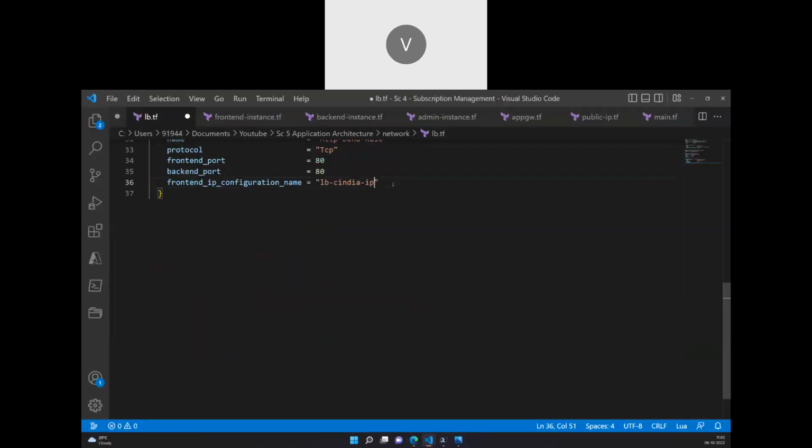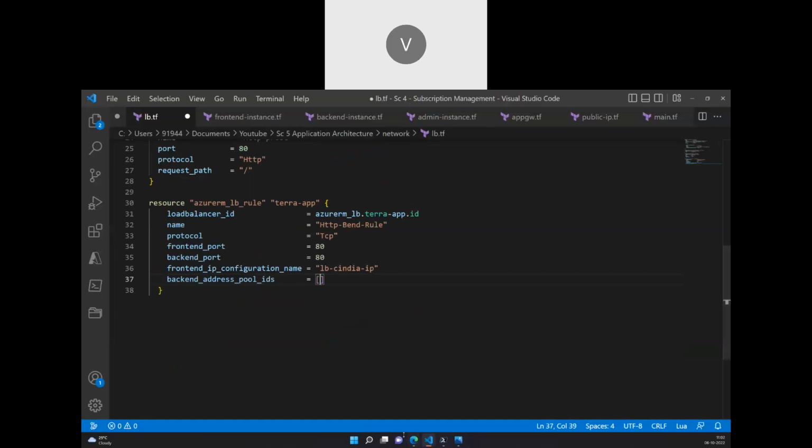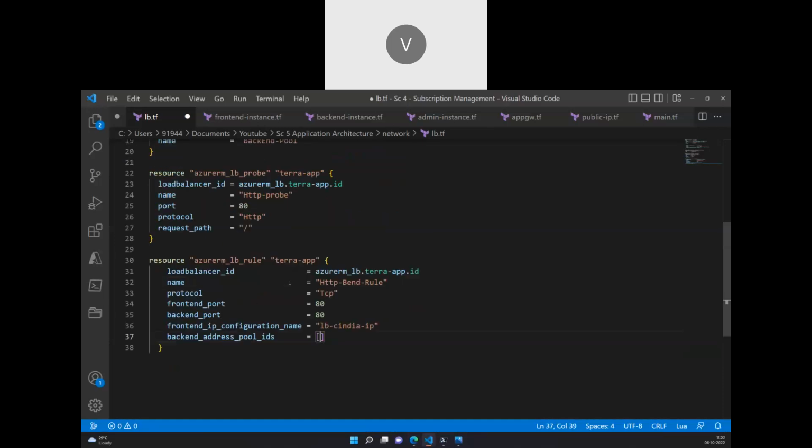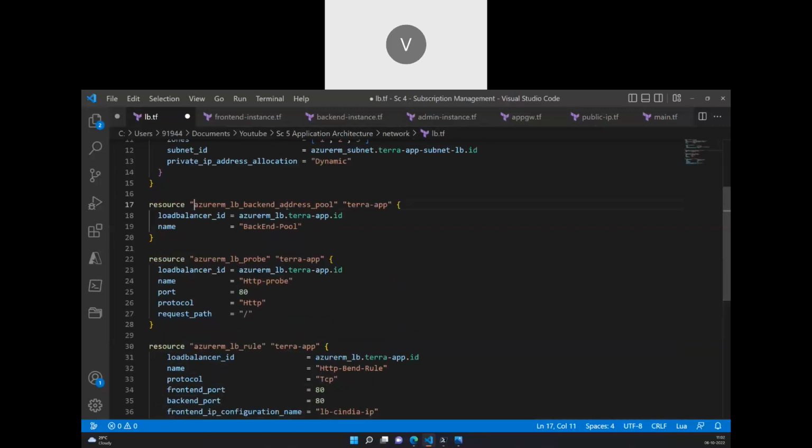So which backend address pool it has to route the request to, and I can have multiple backend address pool IDs if it is a gateway subnet, but at this point of time this is a standard subnet. So the backend address pool ID is this one,